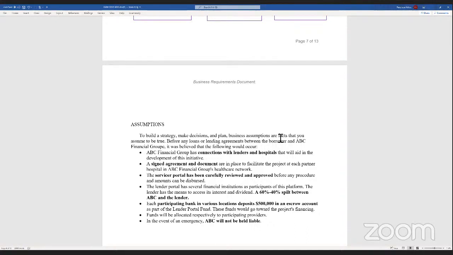There should be a signed agreement between ABC and the hospitals that they're going to be in affiliation with. The portal should have been carefully reviewed and approved before any procedures and amounts can be disbursed. The lender portal